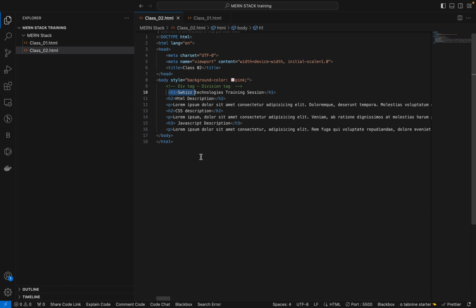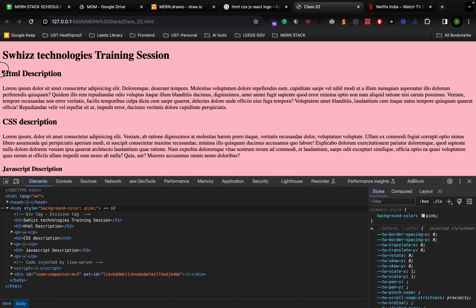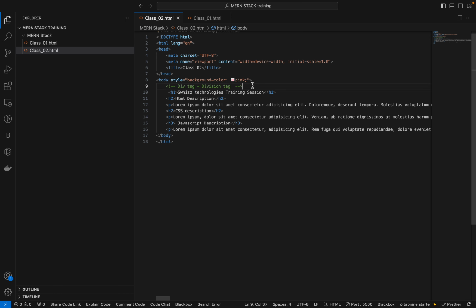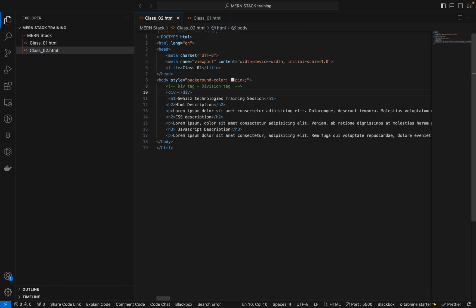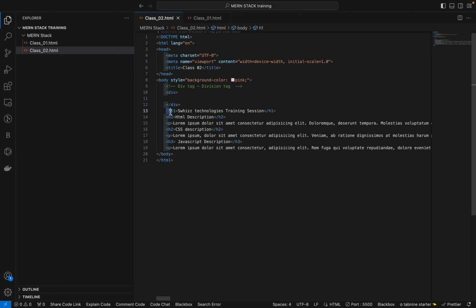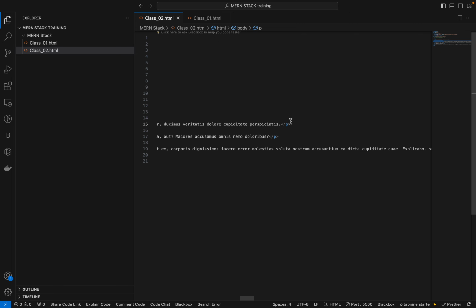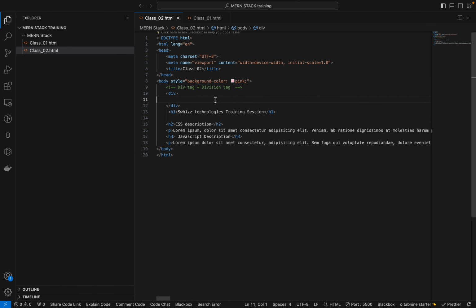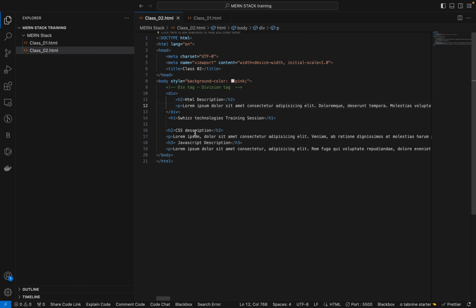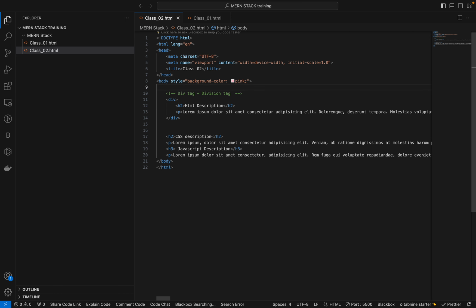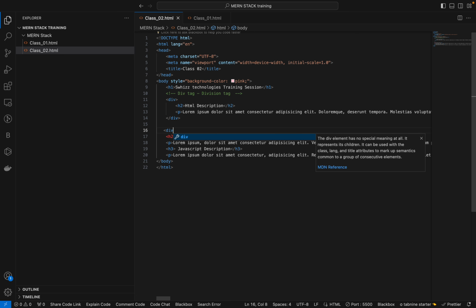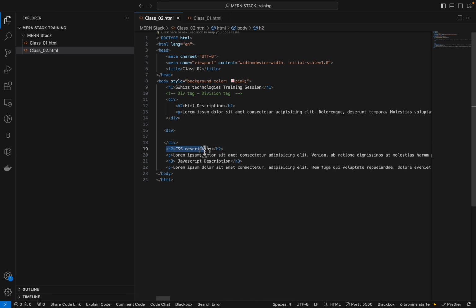So coming to now, if you want to give one color for the HTML description and this data as one color, and this one, you will use the div tag. So let's assume a div tag here and copy this h2 to paragraph, cut it and paste it here, and let's make it a heading so we can keep it at the top. Now going for the h2 and p tag,